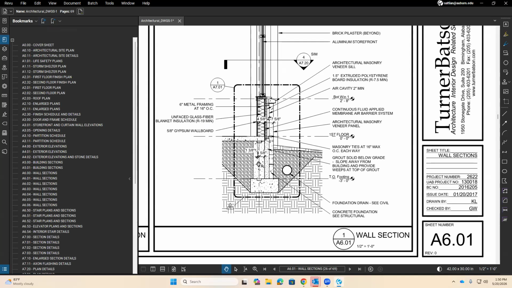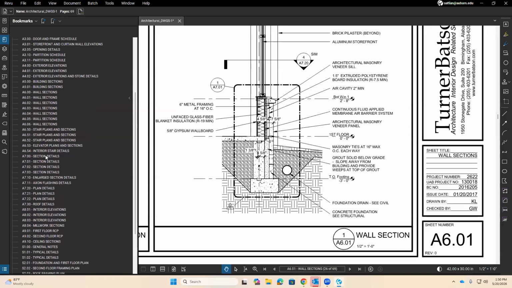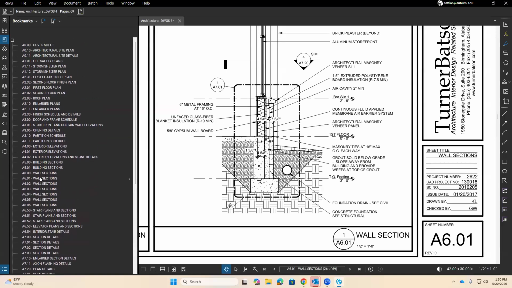I'm going to further segregate my bookmarks into architectural drawings and structural drawings. Separate them out. Right? So here's how, see, by the way, sometimes it doesn't bring it in correctly. So make sure you read through the labels to see if there are any. So there are two ways of